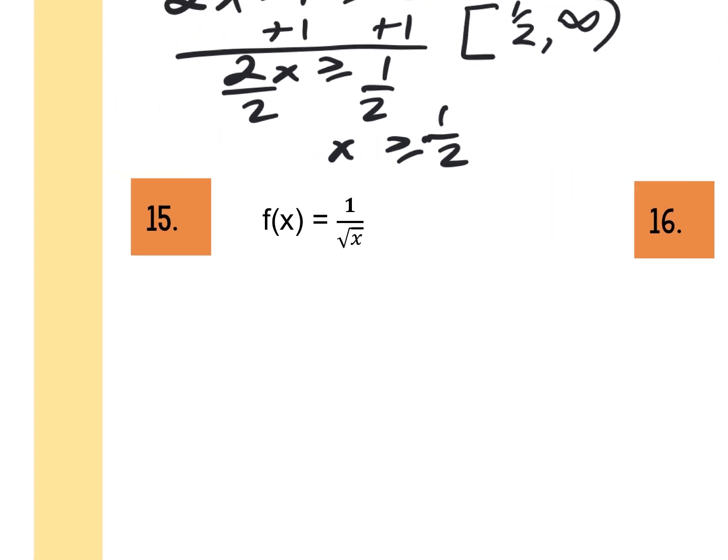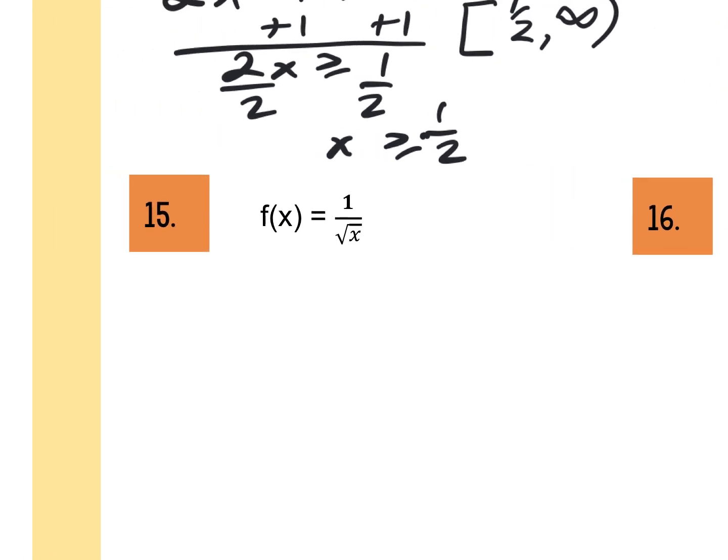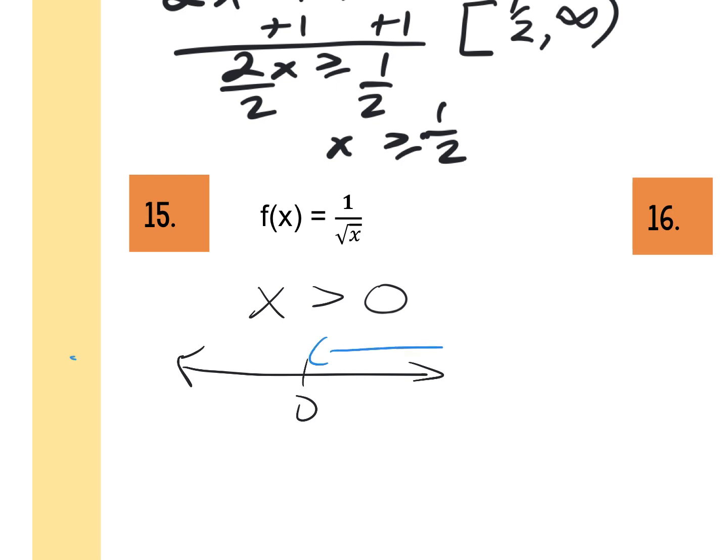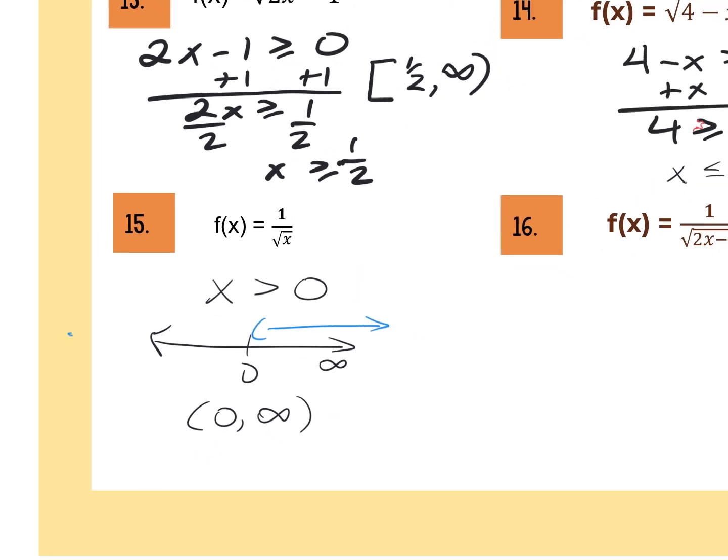So for 15, we just take what's underneath the square root symbol, but this time because it's a denominator, only greater than 0. And again, on your number line, here's the 0, and it would be a parenthesis going this way to infinity. So it's going to be parenthesis 0 to infinity. And then 16,